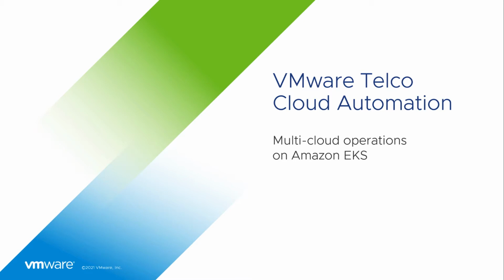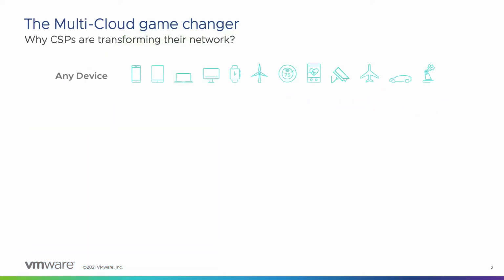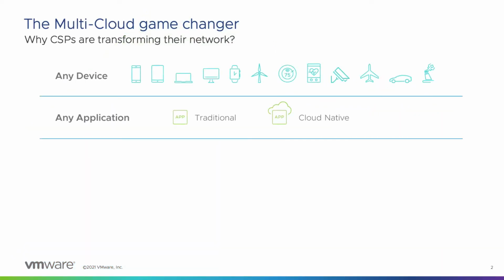Welcome to VMware's demonstration, Multi-Cloud Operations on Amazon EKS. This demonstration illustrates VMware's Telco Cloud Automation expansion of its multi-cloud capabilities to deploy and manage network functions consistently on Amazon EKS. Driven by the need for business agility, acceleration in innovation, and potential cost savings, communication service providers are